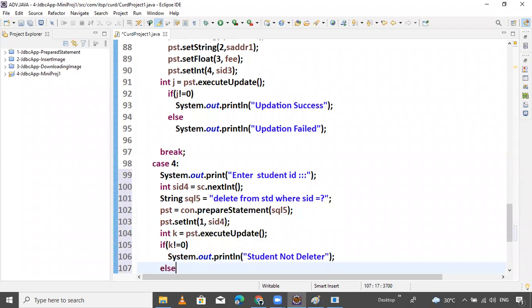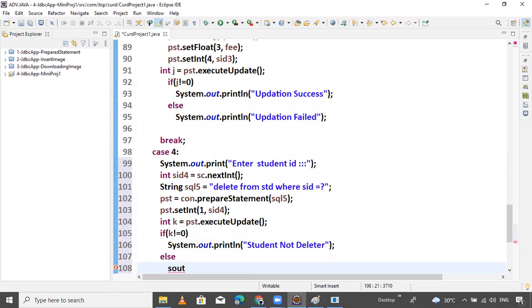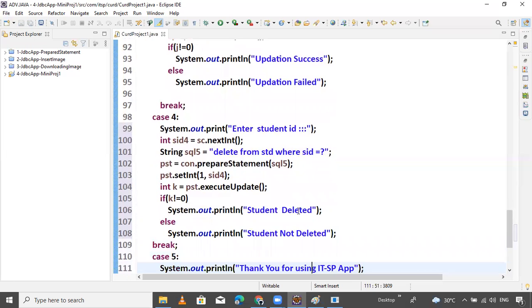Else, System.out: student deleted. If k is not equal to 0, it means something else. Student not deleted. Let's try.